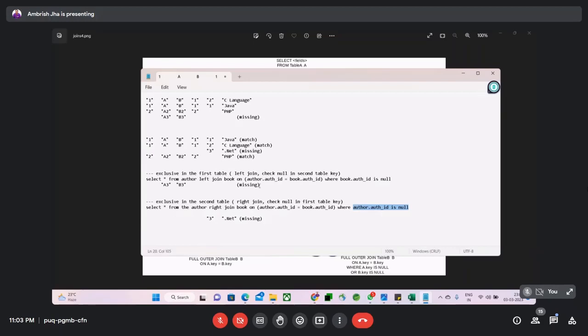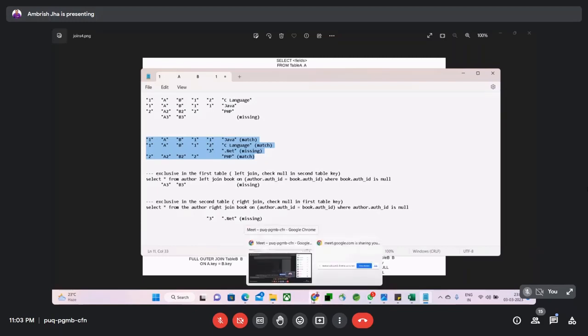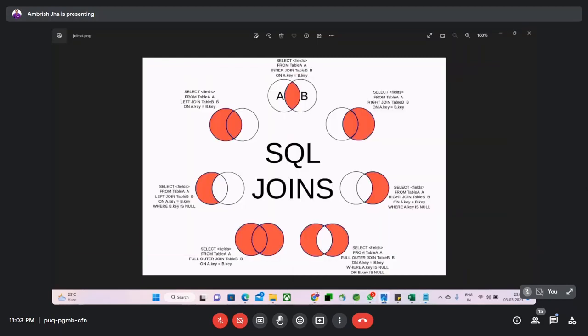व्हाट विल हैपन इफ आई फ्लिप दिस कंडीशन? In this way, in this output I will get 3 records, which is this. And if I change the condition, author की जगह book कर देंगे तो I will get इसको छोड़ के, ये बीच वाला जो मिसिंग वाला पार्ट है उसको छोड़ के बाकी 3 रिकॉर्ड आ जाएंगे। तो यहाँ पर ये देखना है कि लेफ्ट के ज्वाइन के टाइम पे सेकंड टेबल का नल चेक करना है और राइट के ज्वाइन के टाइम पे फर्स्ट टेबल का नल चेक करना है। ये आपका टेक अवे है लेफ्ट आउटर ज्वाइन और राइट आउटर ज्वाइन के लिए। इस ट्रिक को भूलेंगे तो गड़बड़ हो जाएगी।